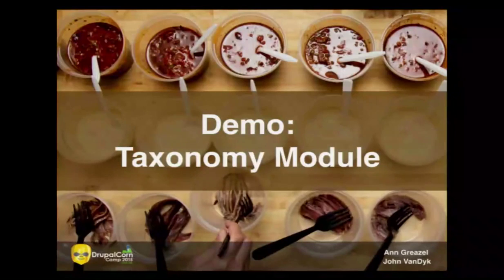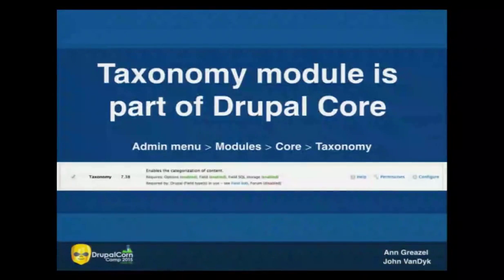So Anne's going to start out with just kind of walking through the core Drupal taxonomy module, what it is, what it does, how it works. So we'll just go through step by step. Essentially, taxonomy is something that's available to you right out of the box with Drupal.